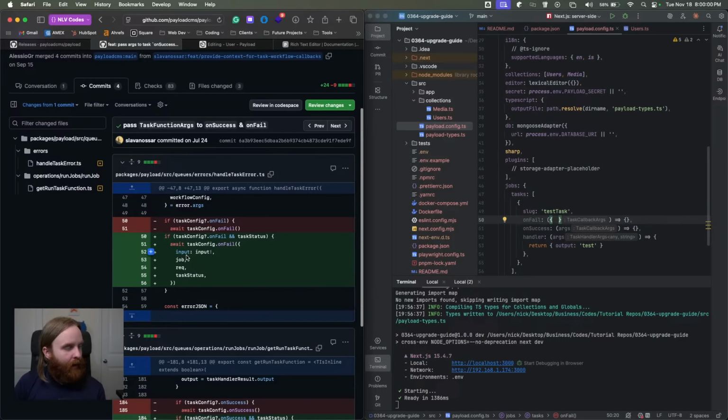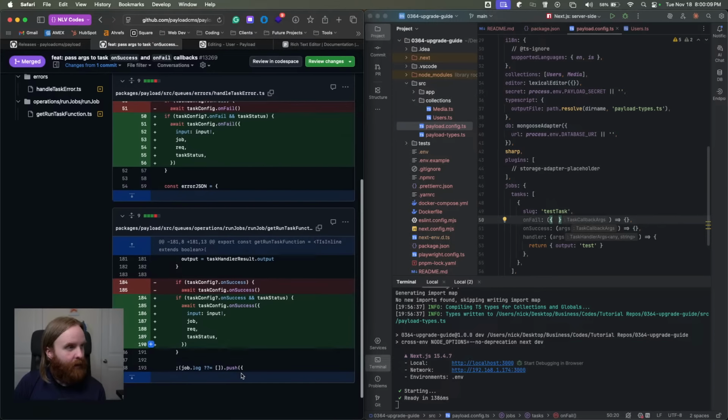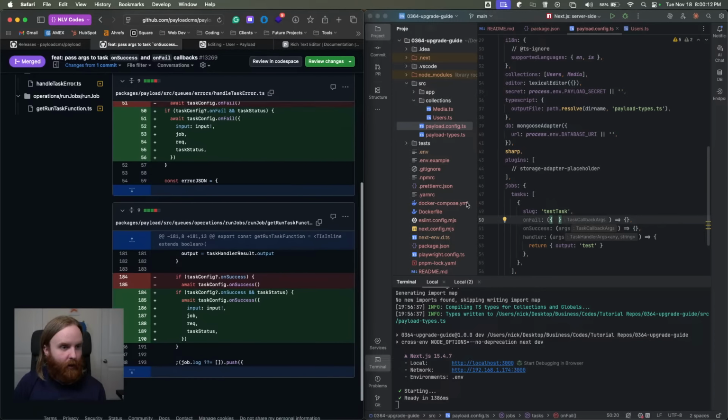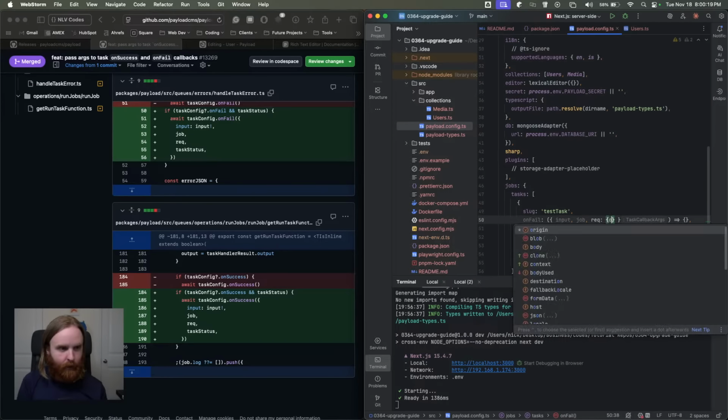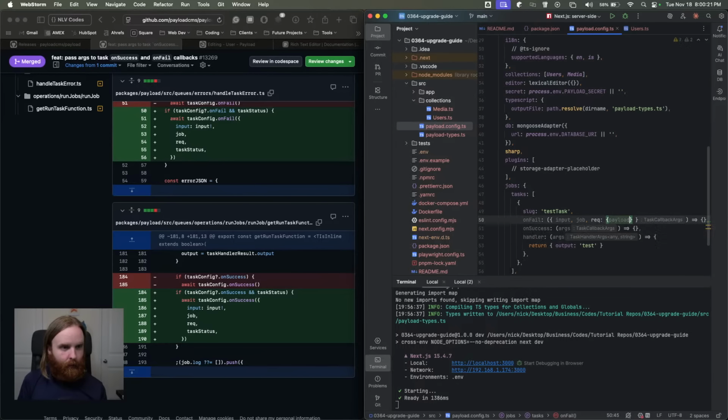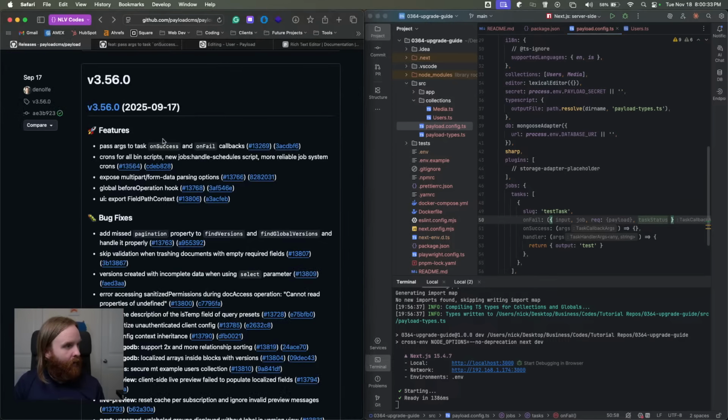So now we can see that the input job request, which has the payload object in it, and task status are passed to on fail and on success. So these arguments are now available to you. So we get input, we get job, we get req, which, like I said, has payload, and then we have task status. All of that's included in the on fail and on success args. Beyond that,